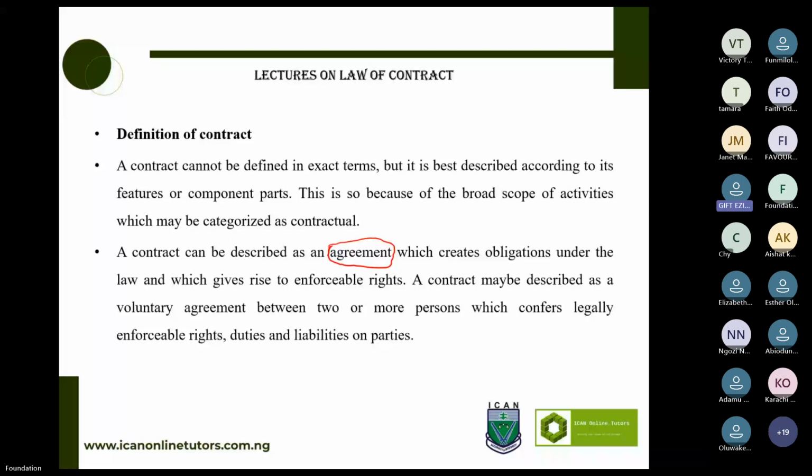Tell me, sir, are they legally married? Yes, ma'am. They are husband and wife. I think if they are legally married, there is a contract between them. There's a contract between them. Thank you so much. Ngozi, let me hear from you before I move to the next line of subtopic.